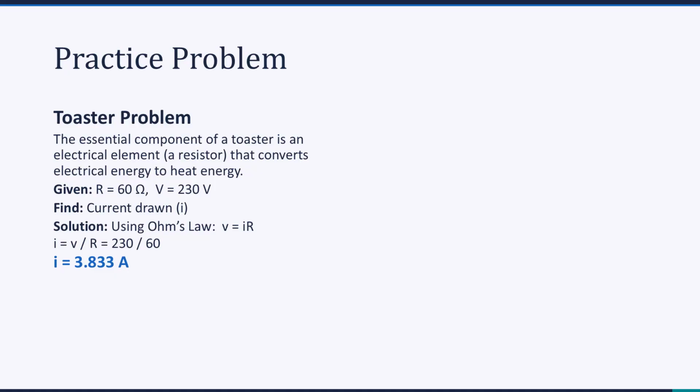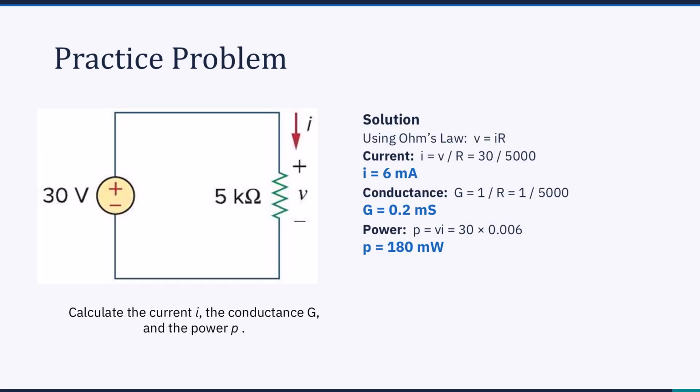Now you understand why a toaster has a thick power cord. Thin wires cannot safely carry that much current. This is exactly how engineers size electrical components using Ohm's law as the starting point. Simple, powerful, practical. Excellent. Now let us take on a slightly more involved problem, one that brings in conductance and